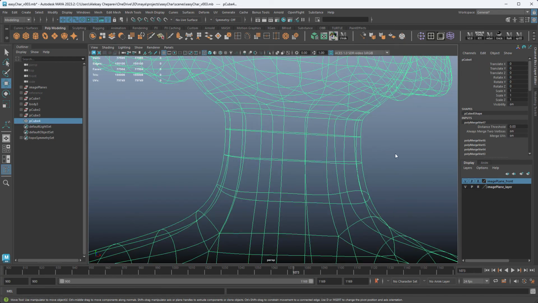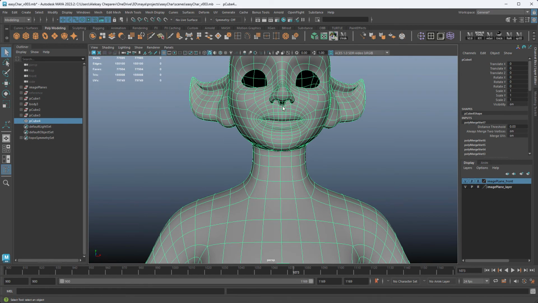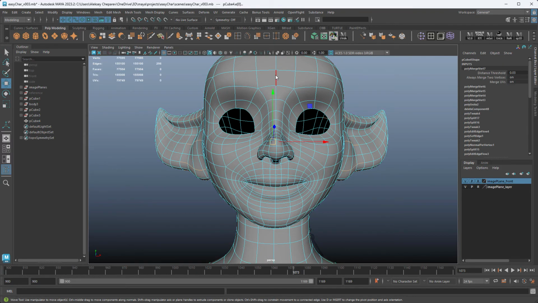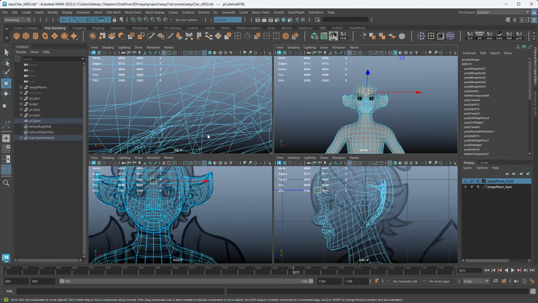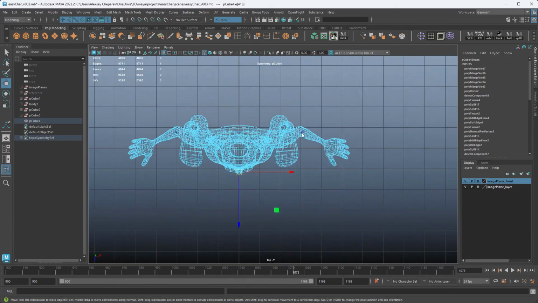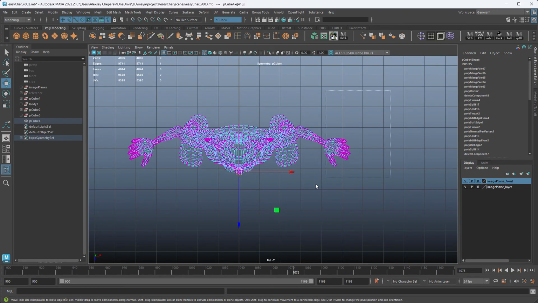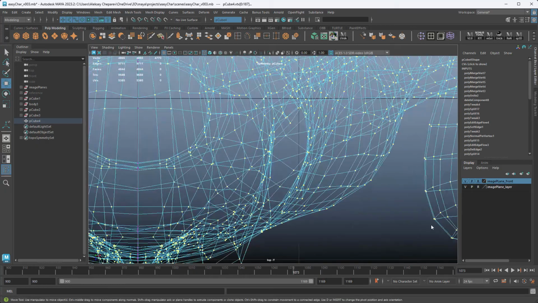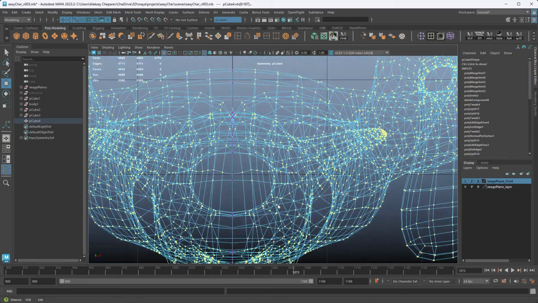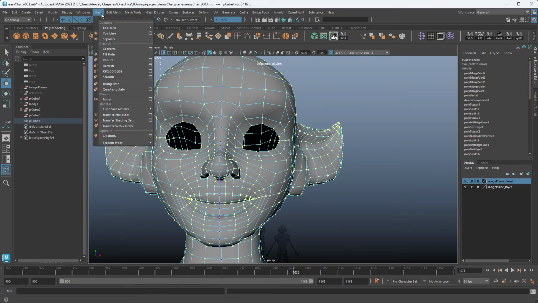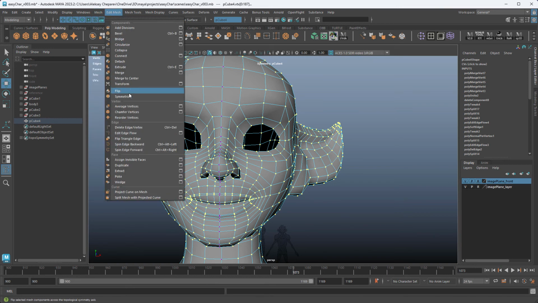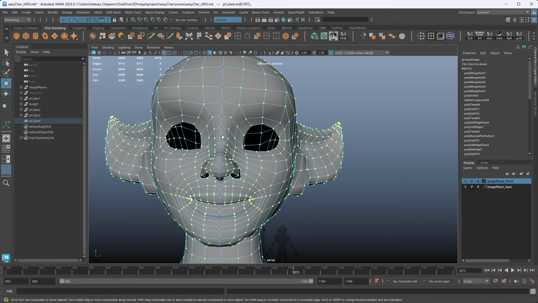So now what I want to do is make sure my character is symmetrical. So right click, click edge, select the center line, hold Control Shift, right click, symmetry, topology. Then I want to pick one side, it doesn't matter which one. Right click vertices, and then select one side and make sure you get all of the vertices on one side. Then let's go to edit mesh and click symmetrize. It's going to make it symmetrical.